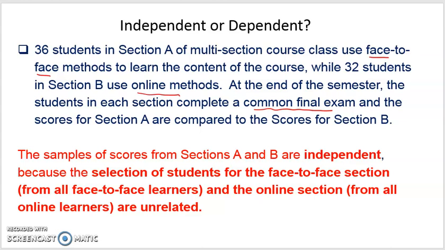These are independent. You've got a group of students from section A. Now you might say, well, you selected all the students from section A. But the 36 students from section A were a sample of all the students that use face-to-face methods. The 32 students from section B are a sample of all the students that use online methods. Selecting students for section A does not impact the selection of students for section B. So the samples of scores are independent